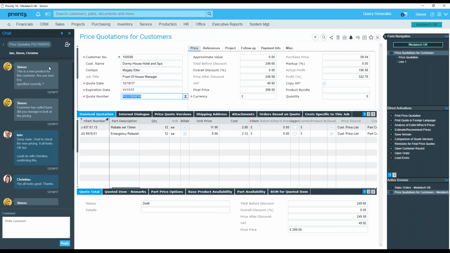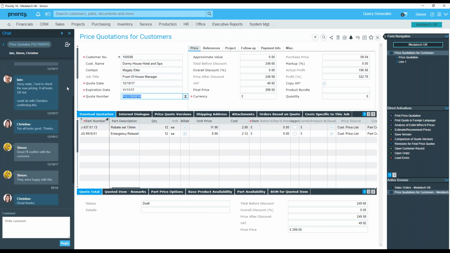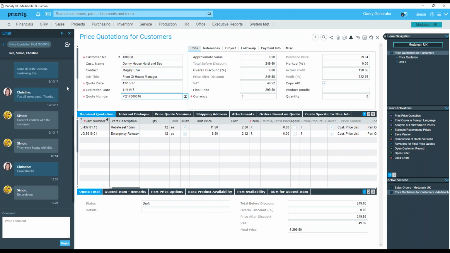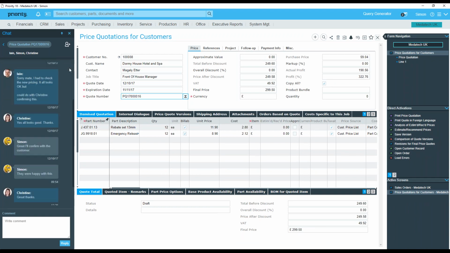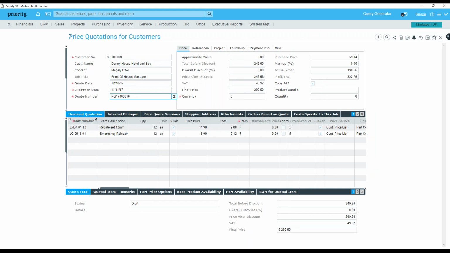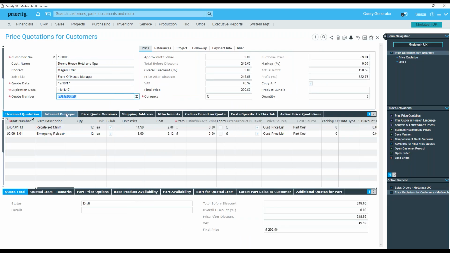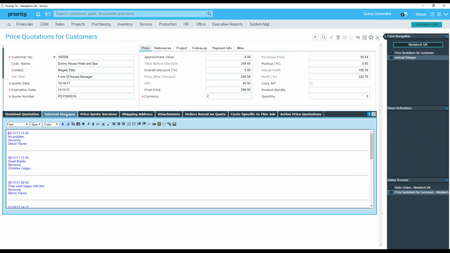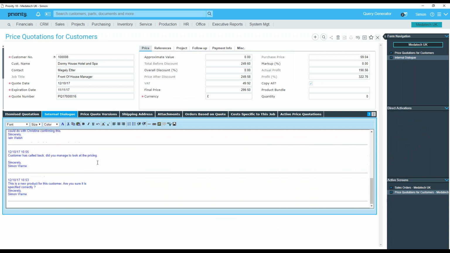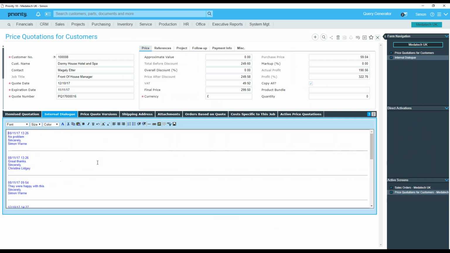So we don't have to copy and paste numbers to get to there. Obviously, if we want to look through the dialogue, in addition to it being listed here in the chat window, there is a new subform for internal dialogue where you can see the complete history of the conversation with comments, and the date and timestamp is added automatically here. So we have a record of that